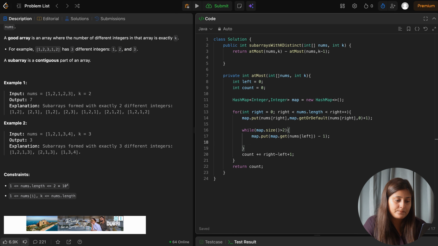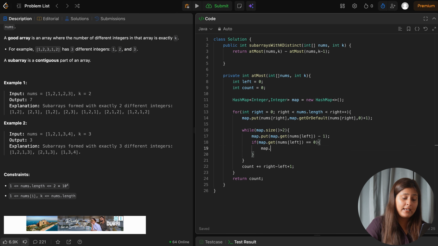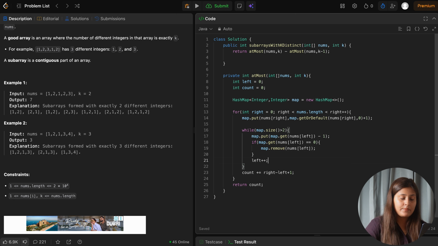After this, we have to check if map dot get of nums of left, meaning that key is now holding 0 value. In that case our task is to remove it. So map dot remove nums of left only, correct? Otherwise we will keep on doing left plus plus, correct? So this is our shrinking phase.